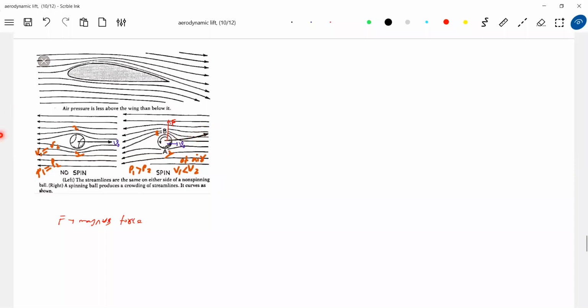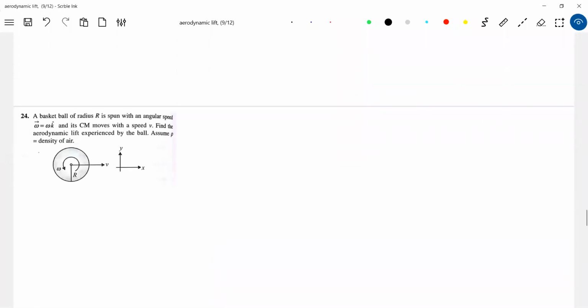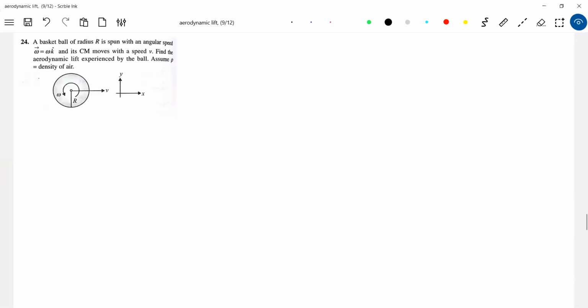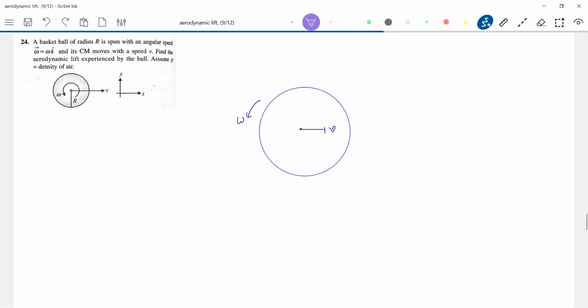Able to understand now? So let's use the same idea here. So there's a spinning ball. See, there's some theoretical background, that clarity is first needed. This was having a spin, omega, and also having velocity v. Try to now deduce. I'm not showing all that air, it is understood. The density of air is given as rho.